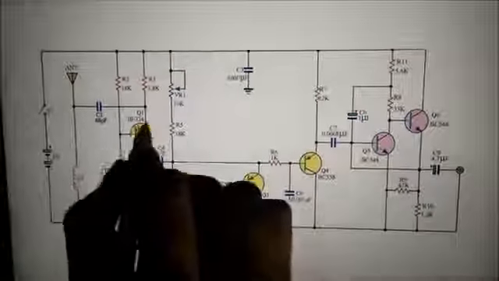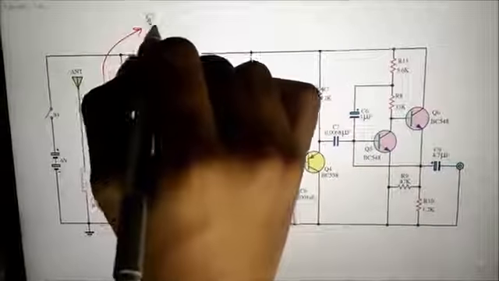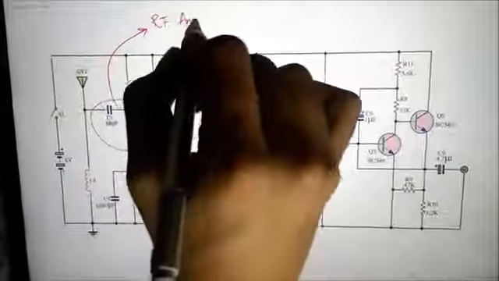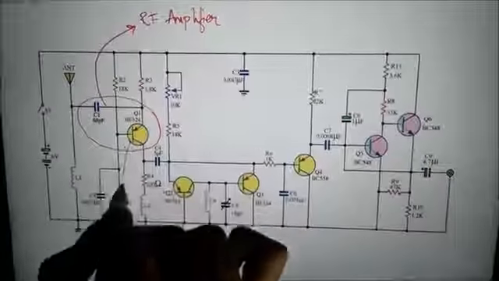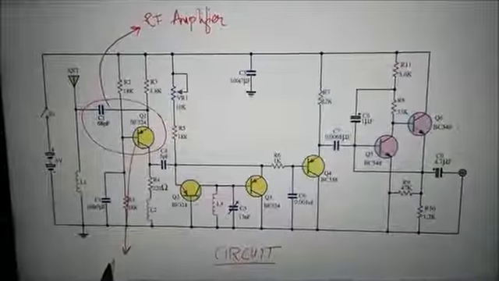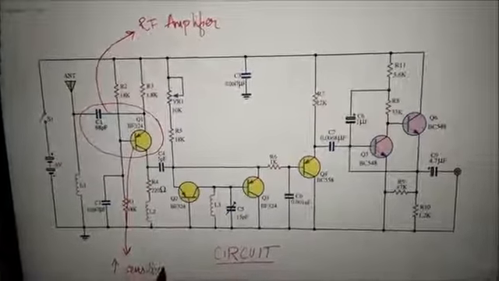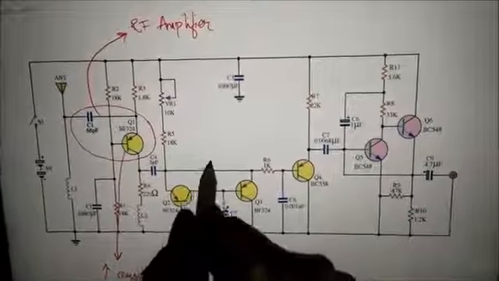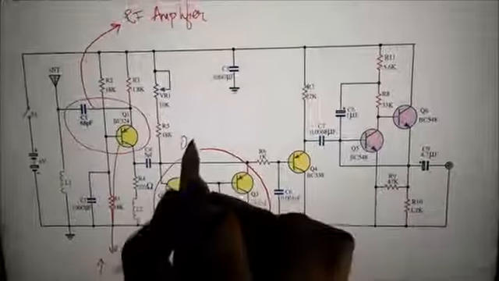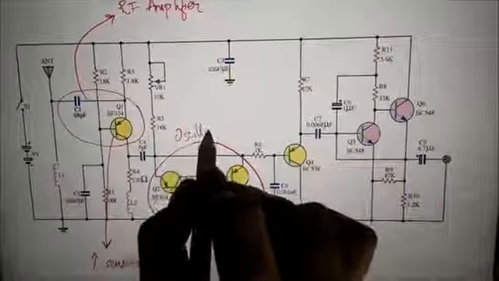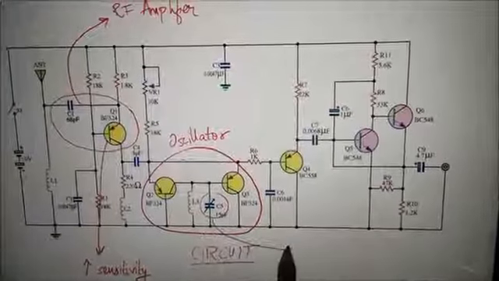Here, Q1 acts as a preamp extension of the VHF frequency range, or the RF amplifier, which selects a band of frequencies from the incoming signal and amplifies them. We may remove Q1, then connect the antenna at C4, but then the sensitivity of the circuit will decrease. The principle of this circuit is to use the frequency generator circuit, or the oscillator circuit, which consists of Q2 and Q3, to produce a frequency synced with the frequency that has been derived from Q1.